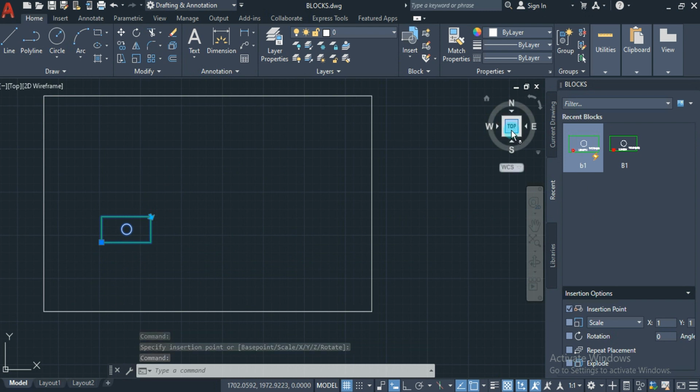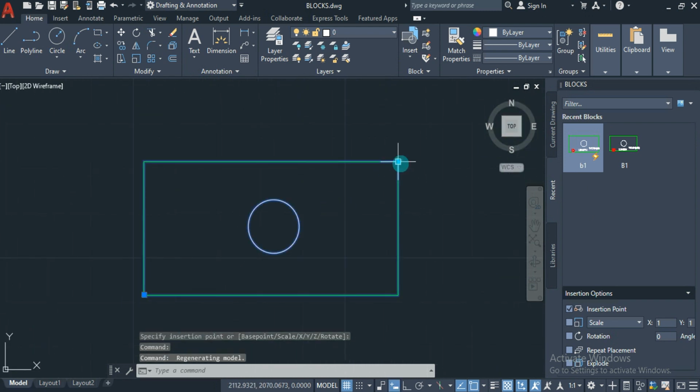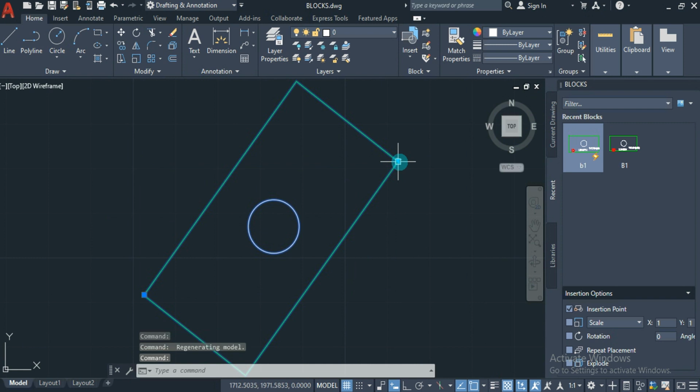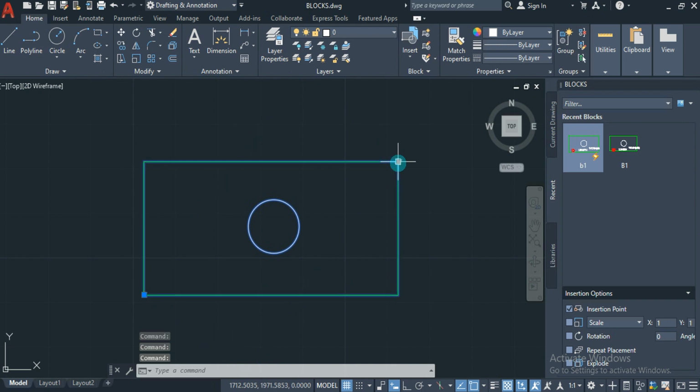Let me zoom in on this one. Yes, you are going to get this parameter arrow. If you click this, automatically the object has been flipped according to the given direction. So if you want to flip, or rotate, or create an array, you have to create the parameter and then apply the action.